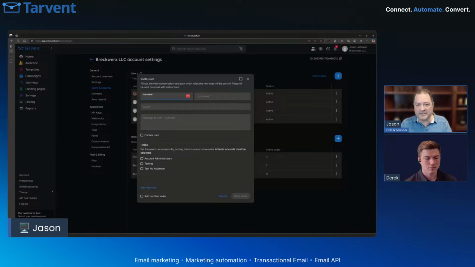And the reason we do that is because they may already be a user in our system. We're not going to let you know that per se, but they may be a user already in the system. So by sending that invite, they can log in with their existing user, based on the email address, and our system will associate your account with their user because they may have other accounts that they have access to. So there's a number of different reasons we do it, but to create a user, it's just creating that invite. They'll get the email and go from there.